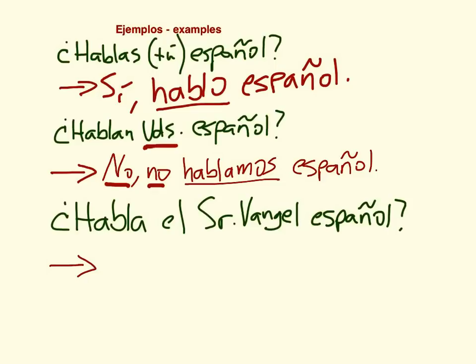Now this is probably the toughest one, but it's the most clear example. ¿Habla el señor Vangel español? Does Mr. Vangel speak Spanish? See how that does come in there? We have to do that in English. It's really hard to explain that to somebody who doesn't speak English. Where does does come from? But since in this case, habla means he speaks, but if you put question marks around it, means does he speak,